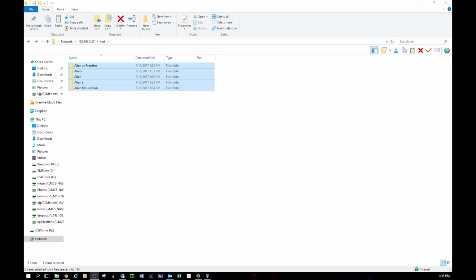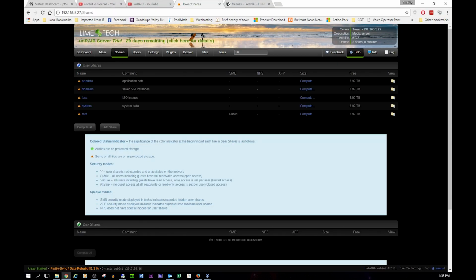It just writes to one drive, and then the next time you do a copy, it decides which is the least filled drive it should copy to. That's how UNRAID works. So as you can see, even though the RAID is rebuilding, if I bring that up,